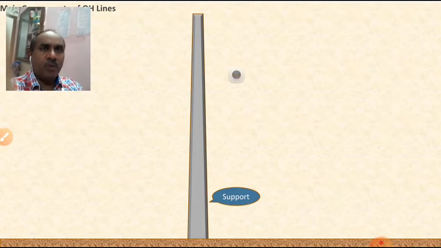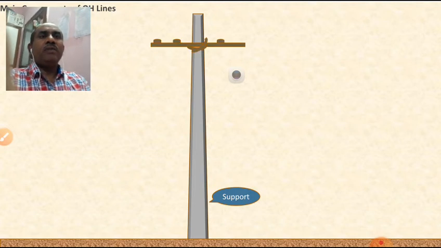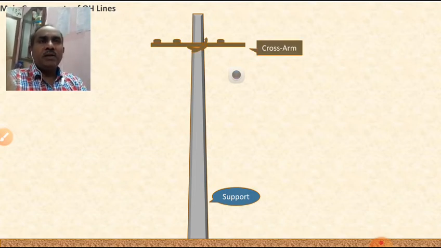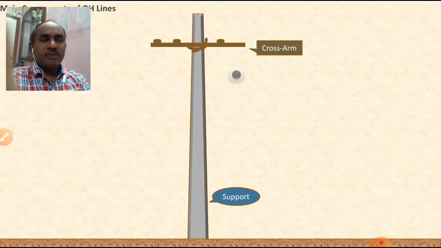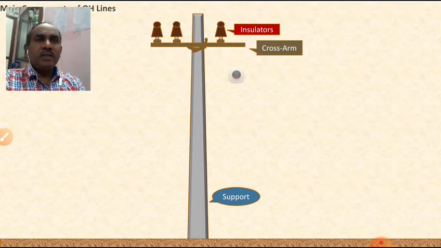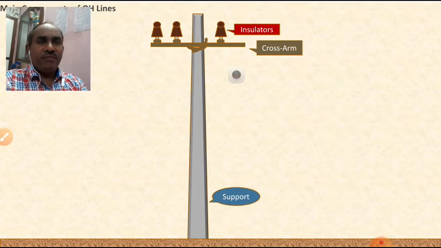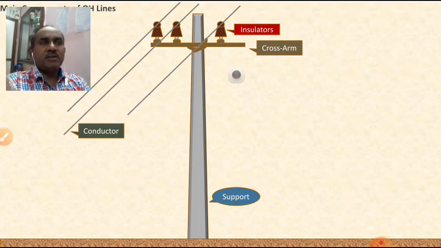Now this support is required for any overhead line. For this one we are going to place horizontal cross arms. In LT poles generally we use horizontal, we are not going to use the V-shape cross arms. After that we are going to place 3 pin insulators for R phase, Y phase, B phase, and for the neutral, no need of the pin insulator. Now these are ACSR conductors, aluminum conductors, steel reinforced.